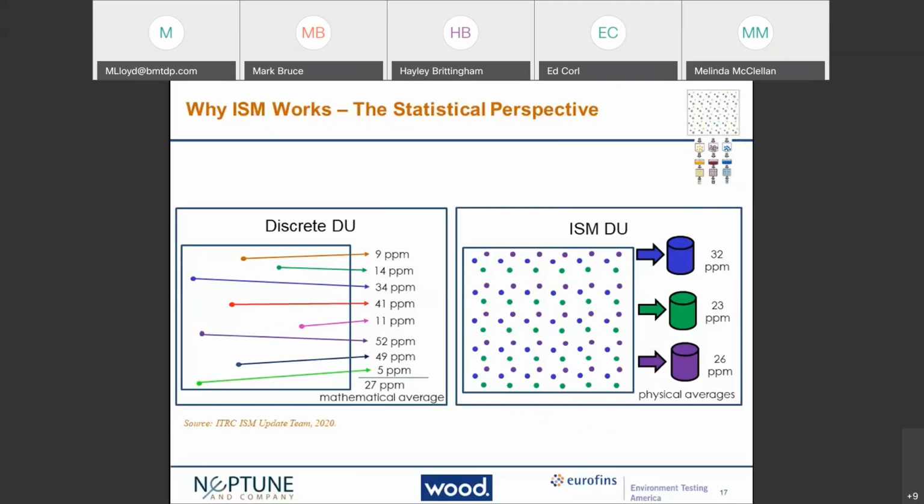So on the right, you can hopefully get a feel for that physical averaging process that we have in incremental sampling designs. Each of those three different colors represents a single incremental sample. And in this example, we're taking 3 replicate ISM samples. For the ISM design, we've got better spatial coverage and many more locations and just more information that go into a single sample. So an ISM sample is also going to include a much larger volume of soil than a discrete sample. And that's why a single ISM sample is typically going to be much more valuable than a single discrete sample.